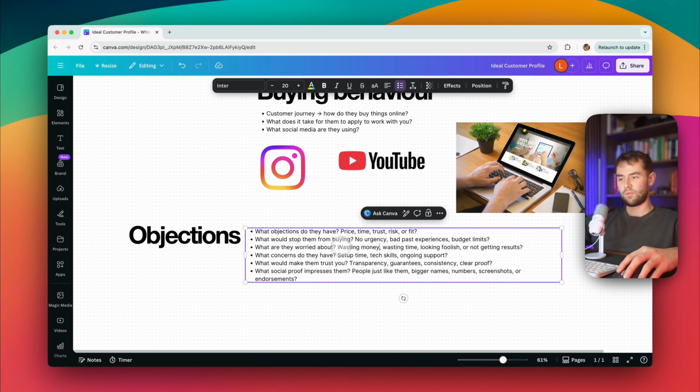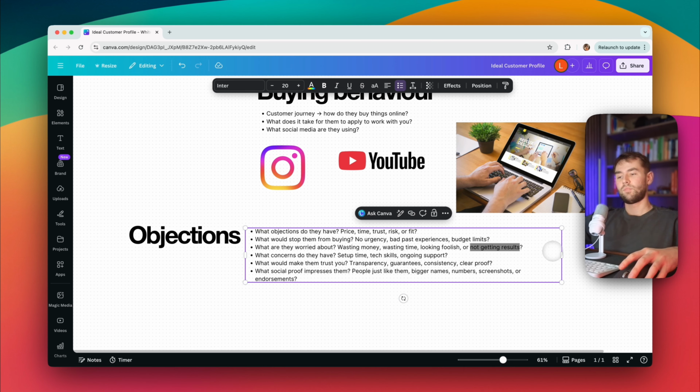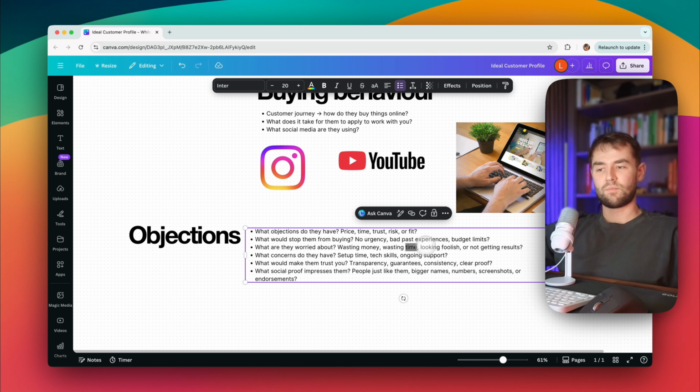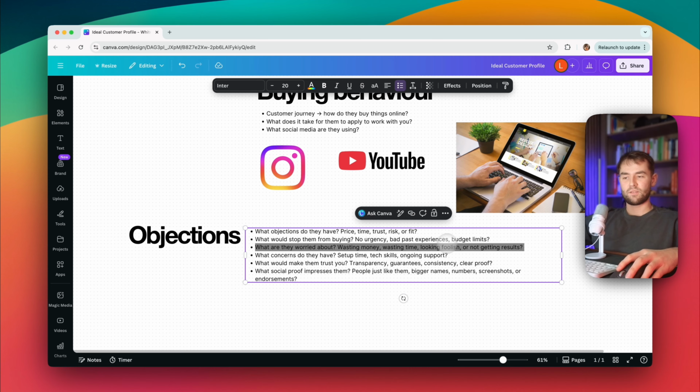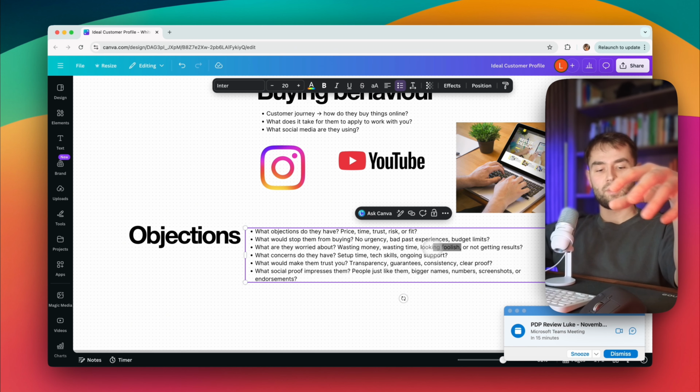What are they worried about? Maybe people are worried about wasting their money or getting scammed, or maybe they're worried that they don't have the ability to get the results because your offer looks a bit too complicated and you need to simplify it for them. Maybe they're worried about wasting time and money. They pay for a personal trainer for 12 weeks, they go for the first 2 weeks and they hate it, or they look foolish, they're embarrassed. You don't make them feel welcome and things like that. These are all things that people are worrying about, and you need to try and mitigate these worries in your sales copy, in your ads,